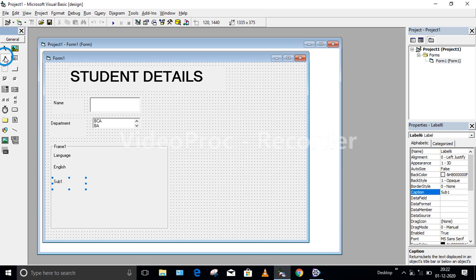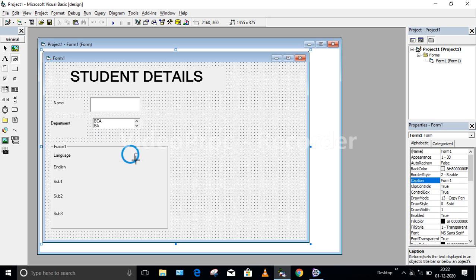Subject 1 can be any of the core subjects. Subject 2, followed by the last one, subject 3. Okay, now as I have told you, to accept these marks, I'll take the text boxes and place